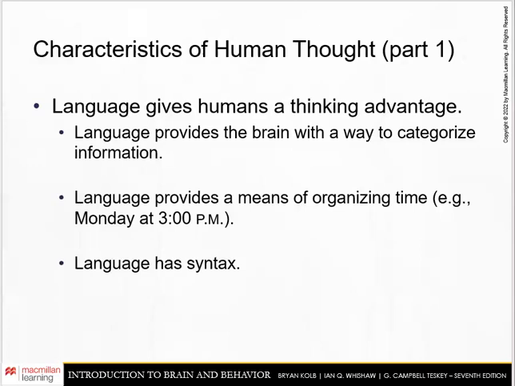Now, like I said, this is a double-edged sword. So this allows us to plan in advance, to learn from our mistakes, but it also allows us to imagine all of the what ifs. So what if I didn't break up with this person? What if I got this main role in the musical instead of a more ancillary role? And that can be difficult for a lot of us.